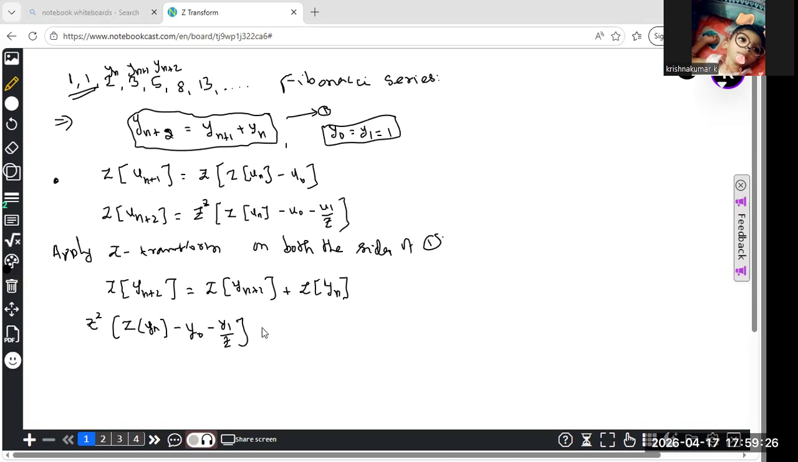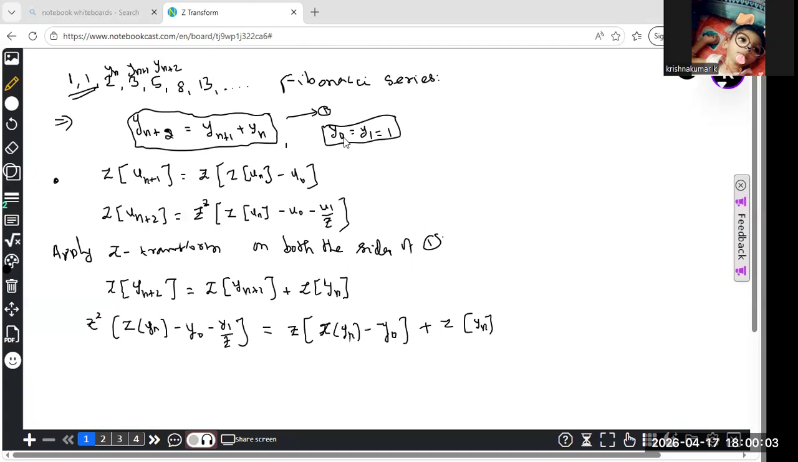This is equal to the z transform of yn plus 1. So therefore this becomes z times the transform of yn, minus y naught, and plus the transform of this yn. Here there is no formula for this one, so you just write it like this. Now if you simplify this,